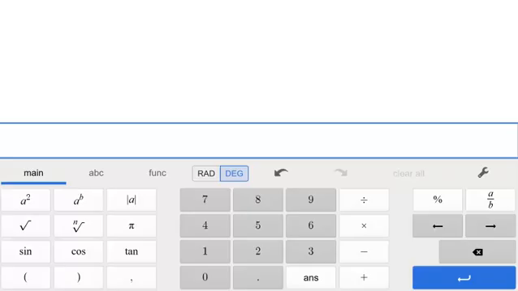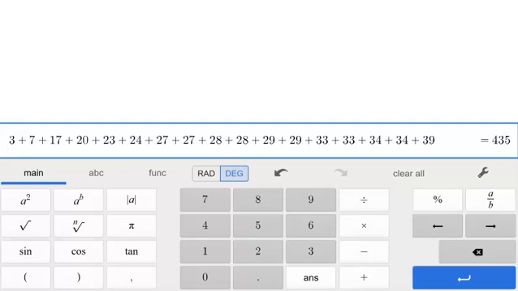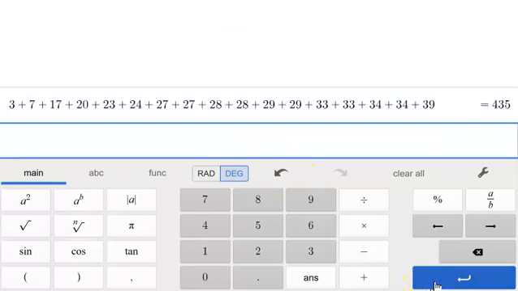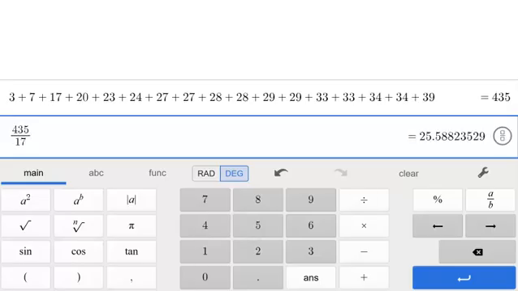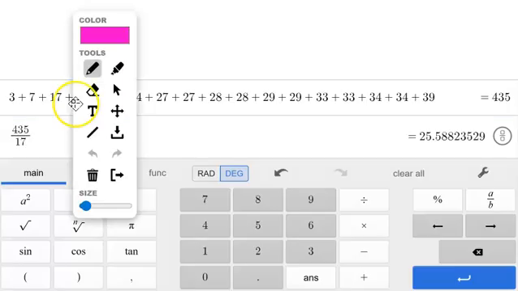So using my calculator, I can add up all of the values in our data set. Once we've added them all up, we can divide that value by 17. And we get a decimal of 25.58. We're going to round to the nearest tenth, which is just one number after the decimal point. So when we round to the nearest tenth, we take that number in the tenths place,